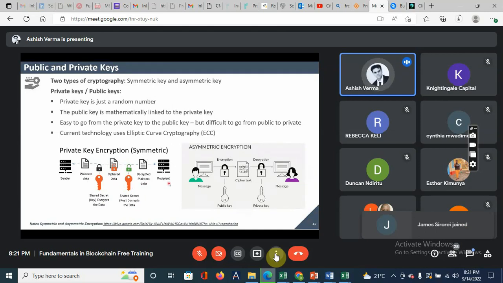So you can imagine asymmetric encryption is where the keys used are different. What do we use here? We use a public and private key combination. Because what happens in the Bitcoin world is that people do not know each other. They are only working through a network of systems. So it's very difficult for them to share the key like in symmetric encryption. That's why we come up with asymmetric encryption.